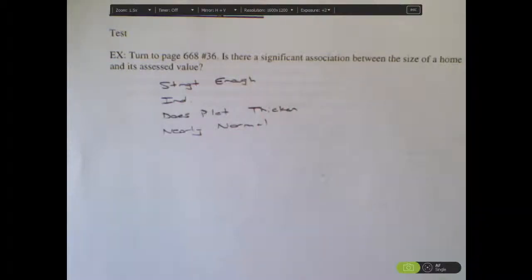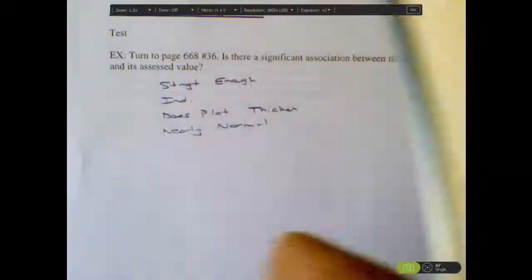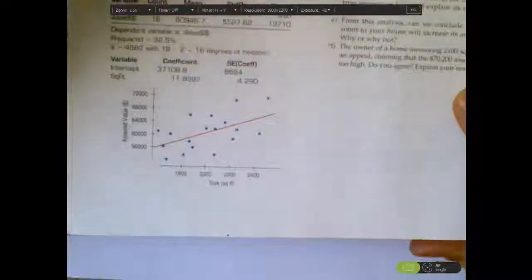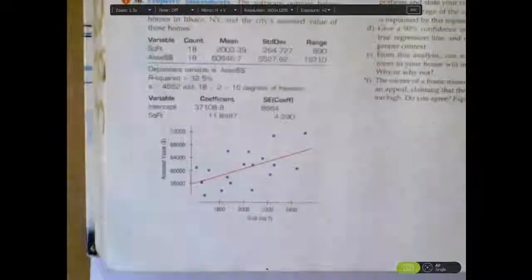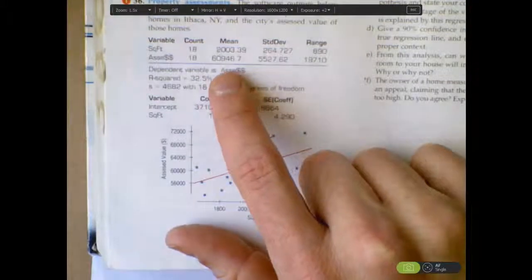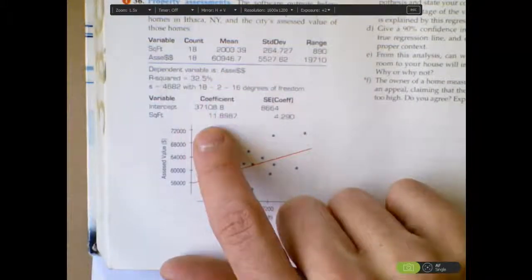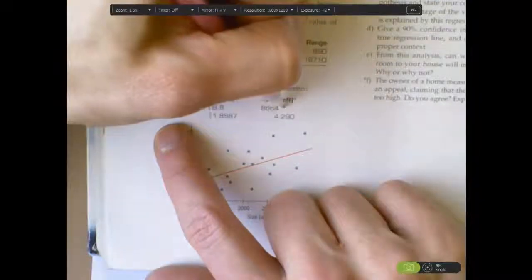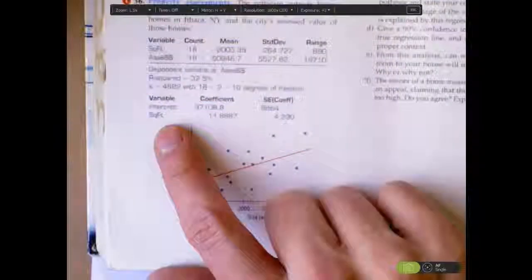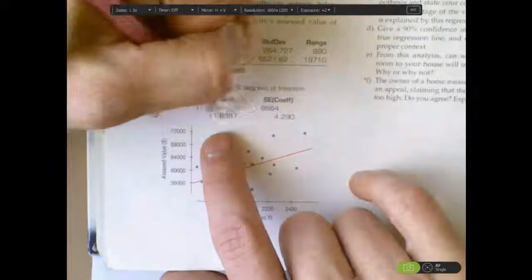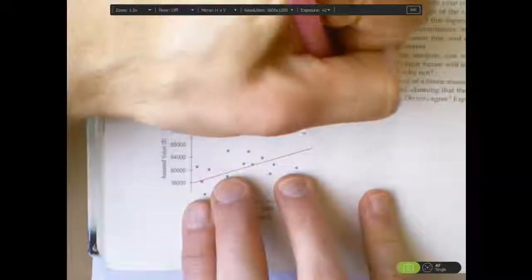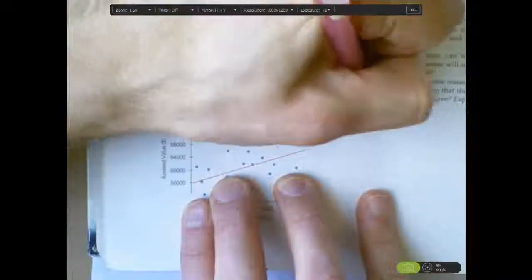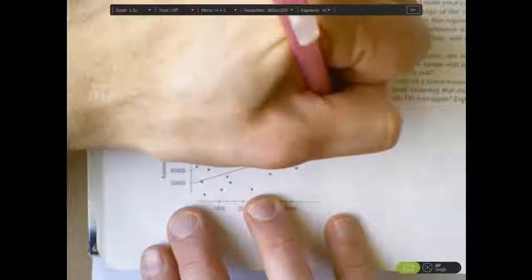Okay, so taking a look at this question, I'll just kind of go through it in my textbook here, and we can follow along. So you need to be able to read a computer output for the AP exam. We've talked about that numerous times. So I have an intercept and I have this variable. We're not doing anything with the intercept as far as doing a test or an interval goes. This is my coefficient, so this is going to be my b sub 1. So my beta sub 1 is 0. My b sub 1 is